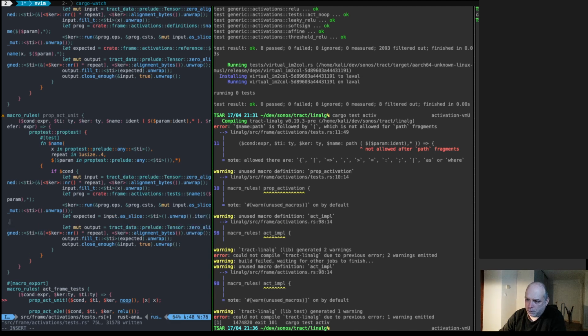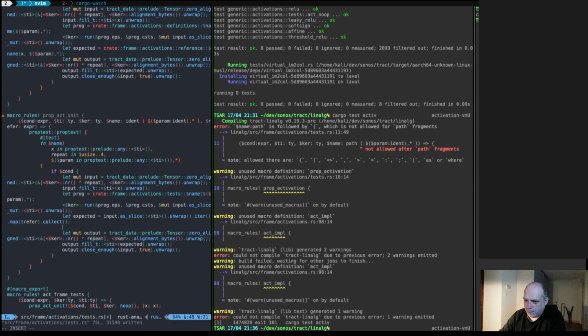dot iter dot map x, I can use refer, I think, dot collect, and I need to make this into a tensor, so let expected equals tensor0 of expected. So tensor0 is a macro that builds tensor1 actually, vector, so tract frank 1 from